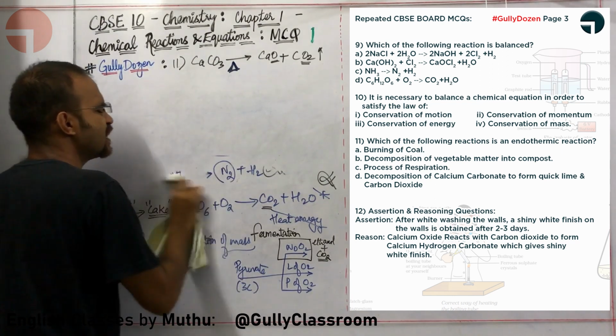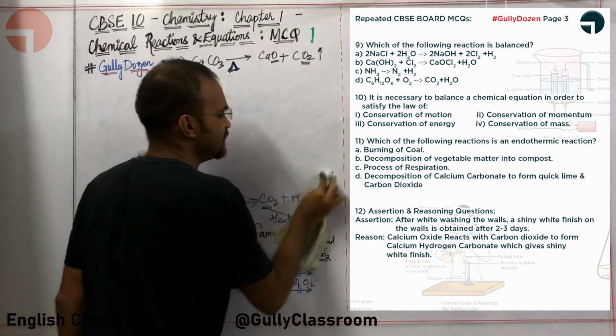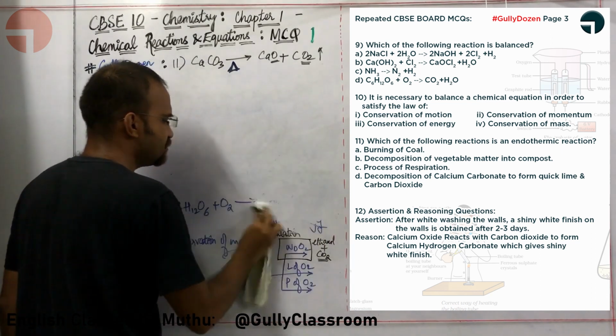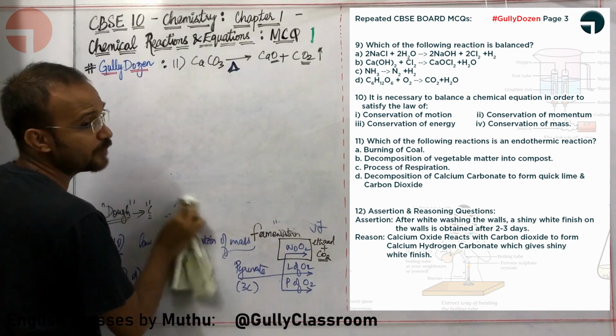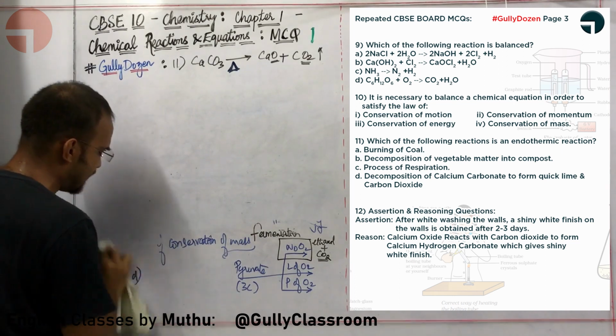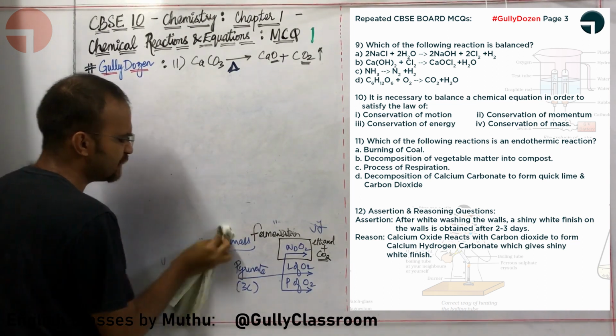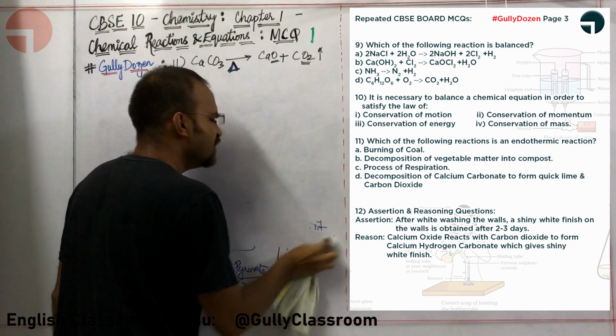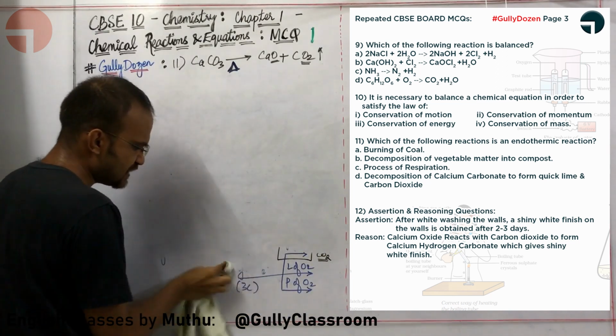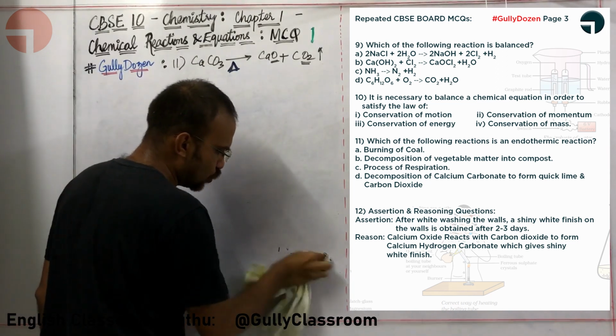First, let's understand how to analyze an assertion and reasoning question. An assertion and reasoning question contains two parts. Obviously, the first is going to be your assertion, which says a statement. The second one is a reasoning, which is also a statement. The first thing is, you need to check whether the two statements are true.